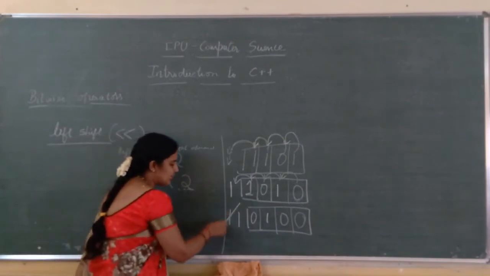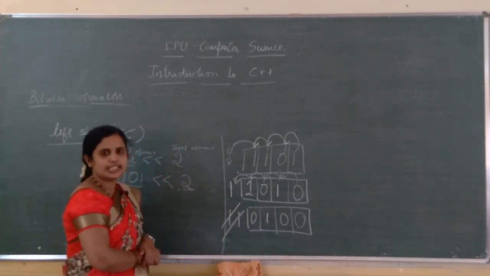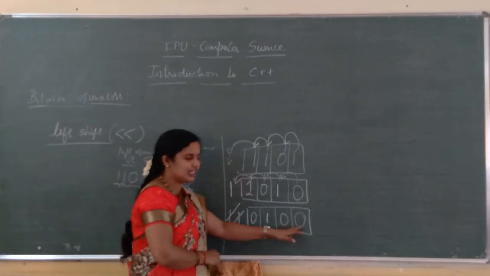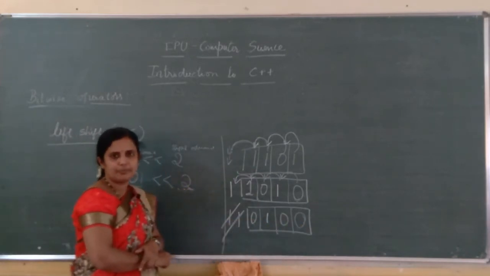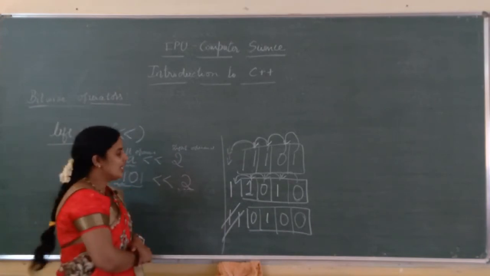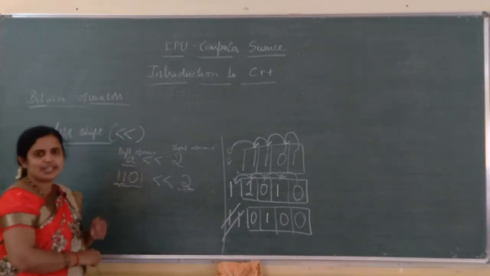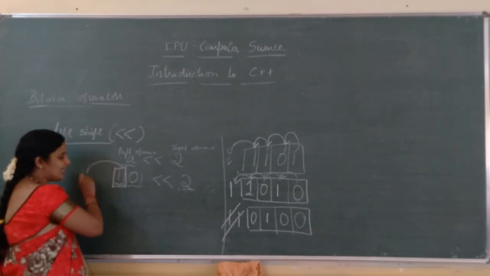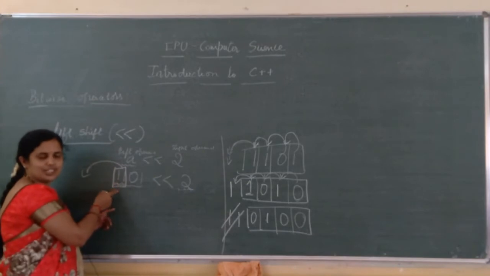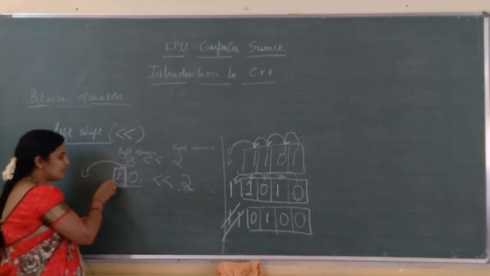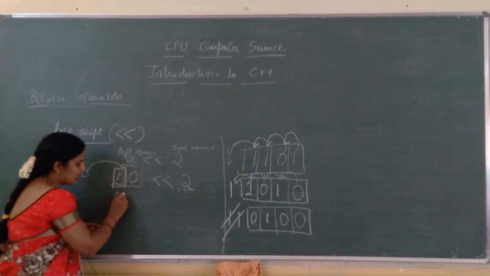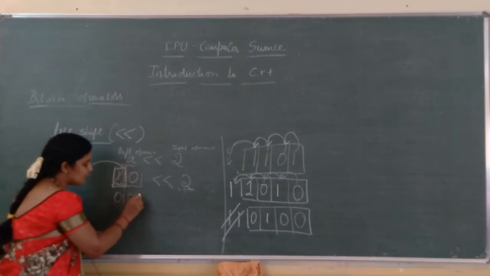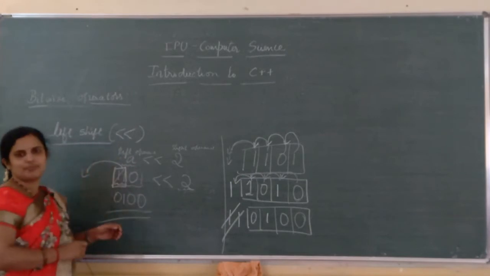And forget about these 2 bits. Forget about these 2 bits. Consider only these 2 bits and the 0 0 which is added by myself. Okay? Is it clear? How to shift the 2 bits? Easy way, you can just say these 2 bits are shifted to left, right? Just forget about it. These 2 bits are shifted to left, isn't it? Just forget about it, just move this 0 1 here and add 2 bits as shifted. You have to fill that space, right? So I will put zeros here. This is the answer. Is it clear?